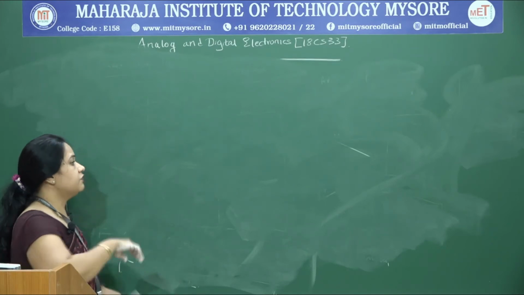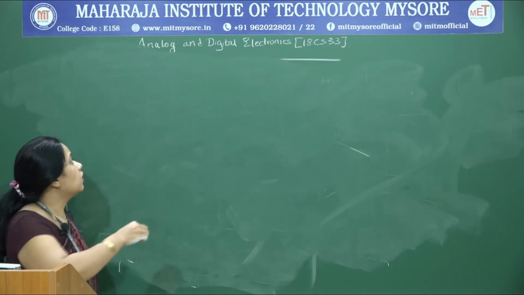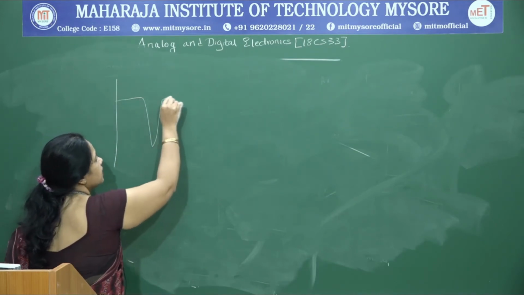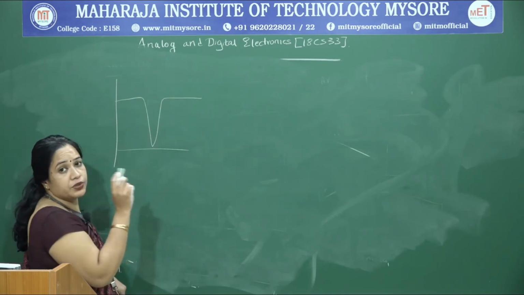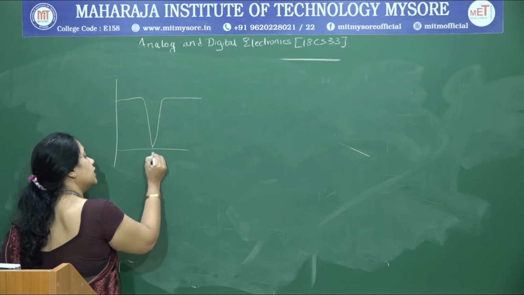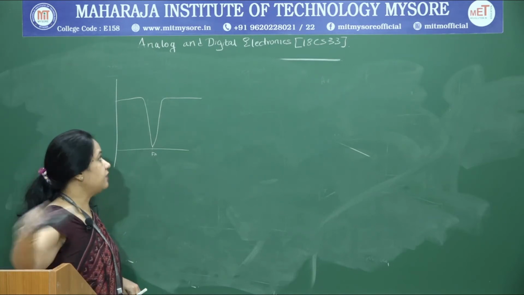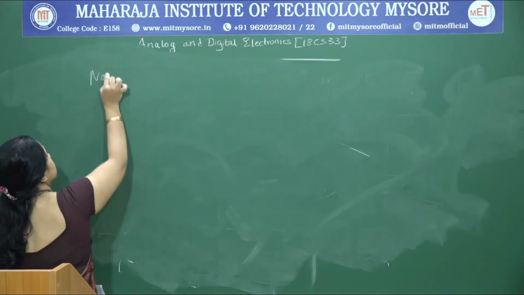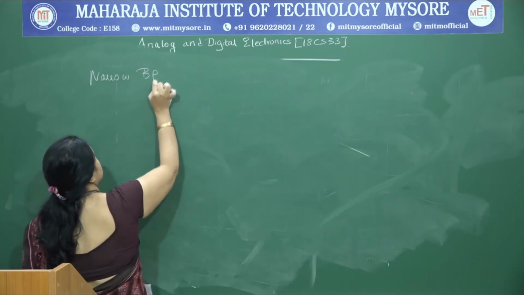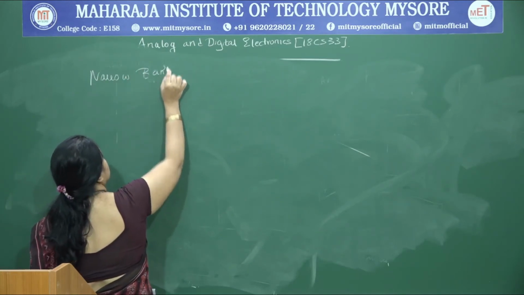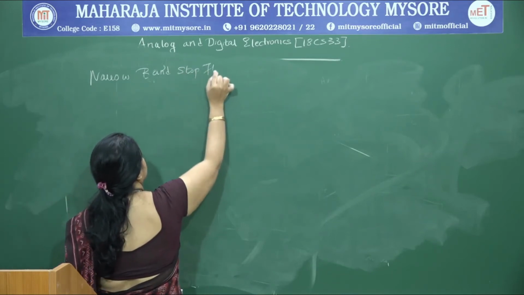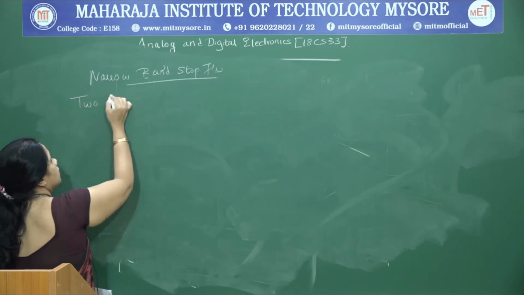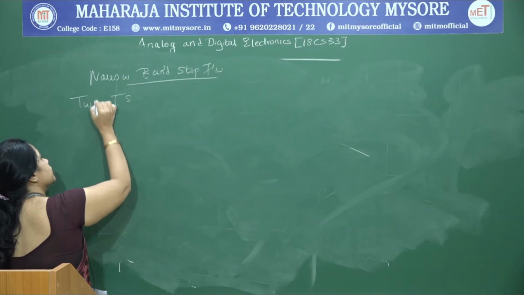So, it gives a frequency response. Why we call it a narrow band filter is because it provides a very narrow frequency response, something like this, and this we call the notch frequency. And how do we arrive at this? To arrive at this, what we do is we use two T sections, or we can call them twin T sections.